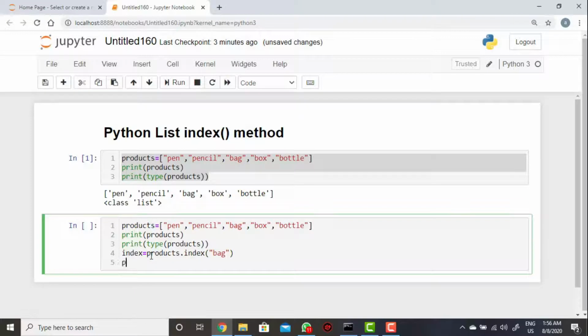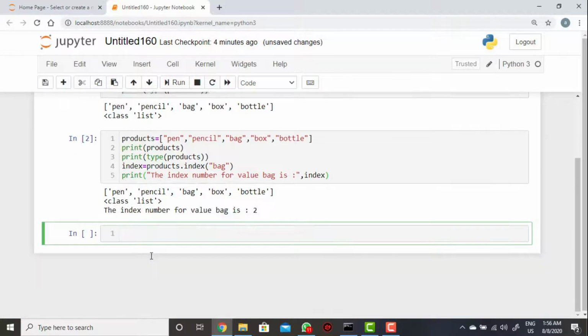Then you can say print of the index number for value bag is. So then you can call that index. When we execute now, what will happen? The index number for value bag is 2.